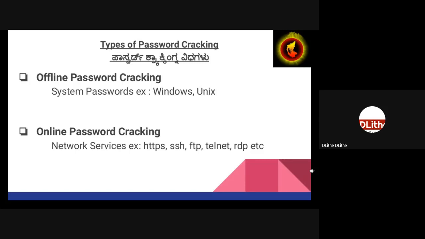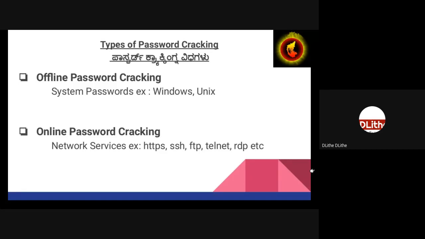Offline password cracking is where you're trying to crack your system's password, like a Windows password or Linux password. That is called offline password cracking because you're trying to crack the hashes. Then there is online password cracking, where you try to crack a website's password, something like Facebook or Google or Gmail. Those are the two different cases of password cracking. Clear? So now let's see how a Windows password can be cracked and how Linux passwords can be cracked. In both cases, and to an extent, I'll also show you how website passwords can be cracked by using a very simple website.